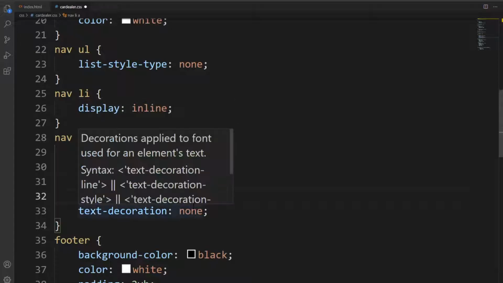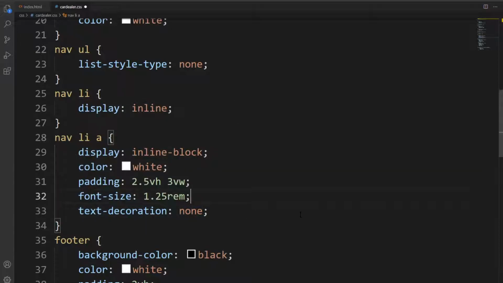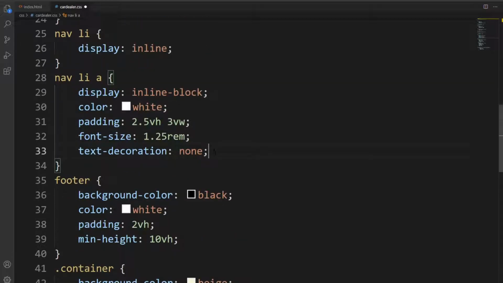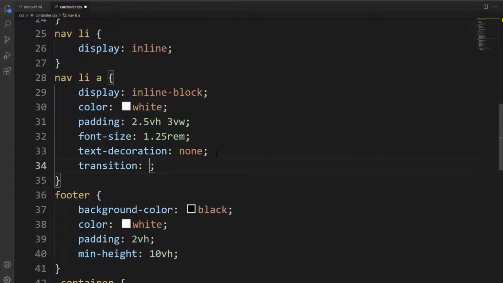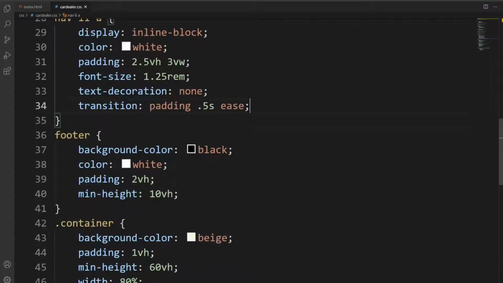We're going to make them slightly larger in font, and we're going to take away the underline because nobody wants to see that. Now, additionally, we're going to put a little transition onto this. So for our transition, for our padding, we're going to change to the new padding in half a second, 0.5 seconds. And we can actually put ease, although I think that is actually the default, as a matter of fact. So when we hover,